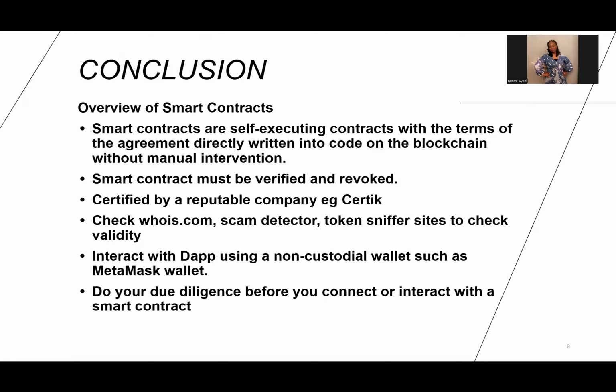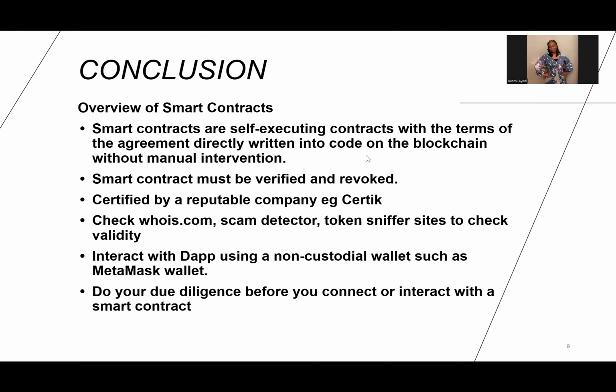It means it's not non-custodial, it is custodial, meaning the site can go down anytime and you lose all your coins. But with a non-custodial wallet like MetaMask, you own the private keys and you have control over how you send or receive funds. The only reason you will lose your funds is if you give out your seed phrase, and you don't want to do that.